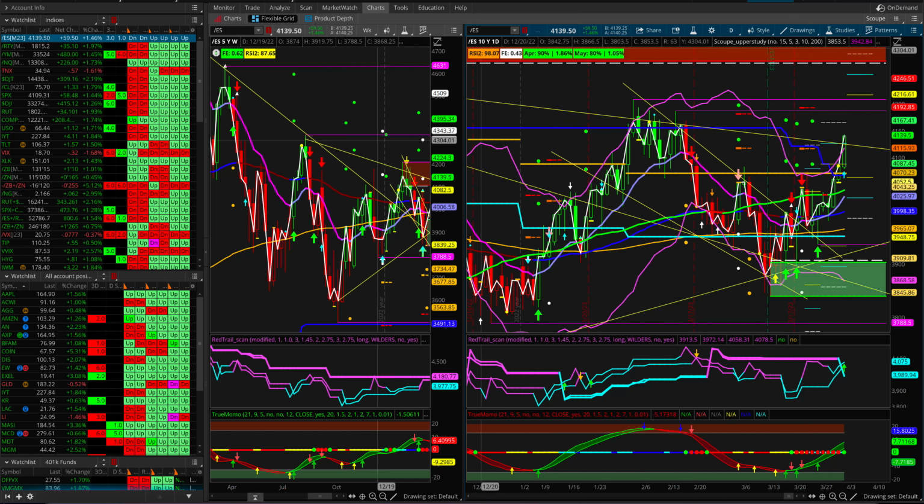This is the S&P 500 E-mini futures contract, and what I'm trying to do every night is go through what the markets are doing and give you some idea of direction of the overall markets. That doesn't mean that all the stocks are going to follow that, but generally speaking, you can apply the same methodology that I am. And it doesn't always work, because there are only probabilities in the market.